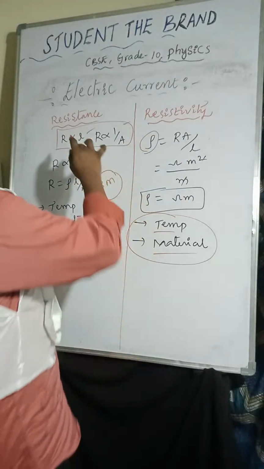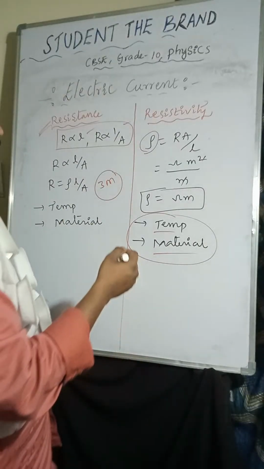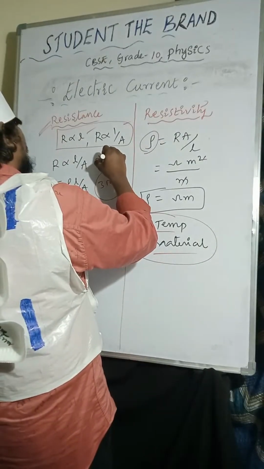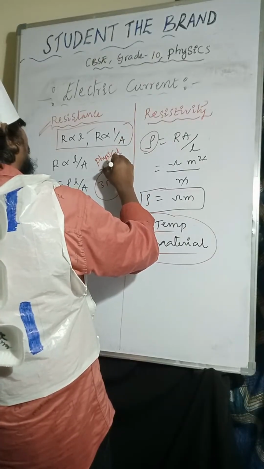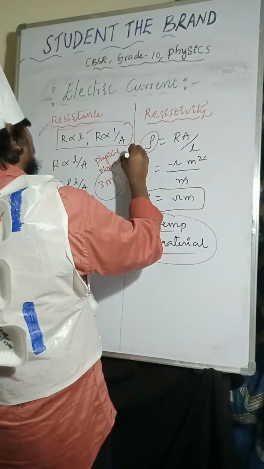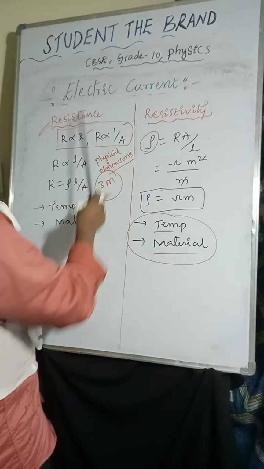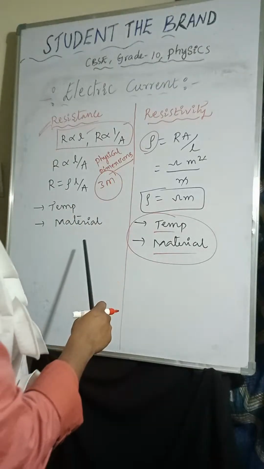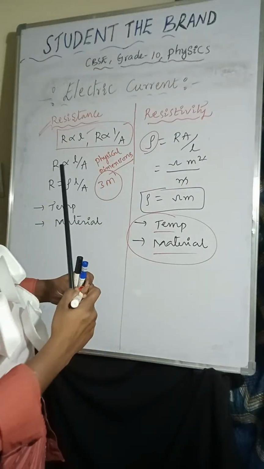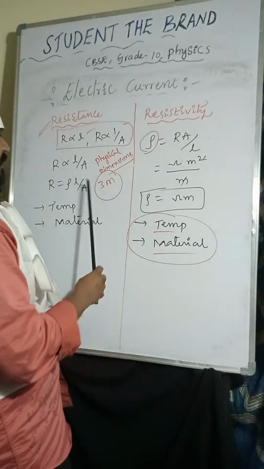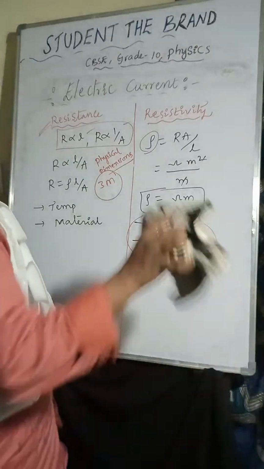And resistance depends on the length of the conductor, nothing but physical dimensions. So we can say physical dimensions. Resistance also depends on temperature, and resistance also depends on the material of the conductor. Very important, make sure that you are preparing these differences and these points. So that's enough. Next one, we'll discuss